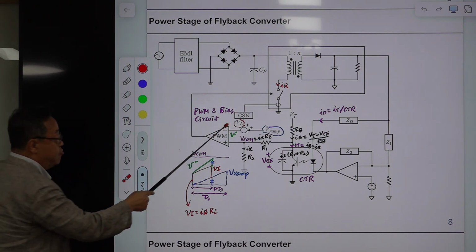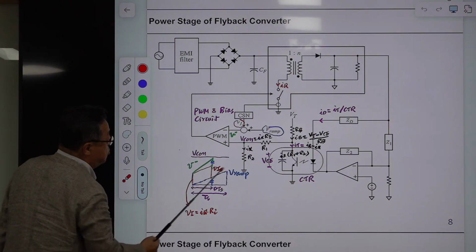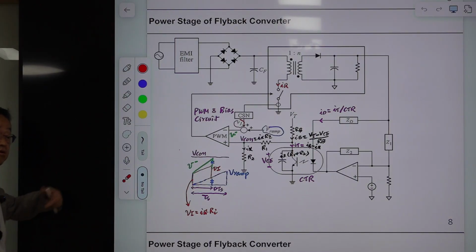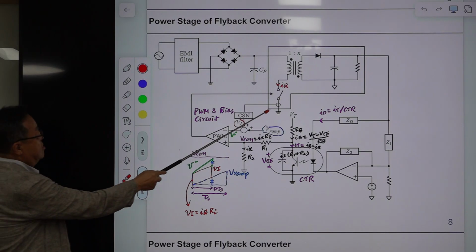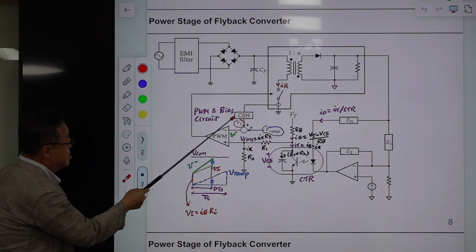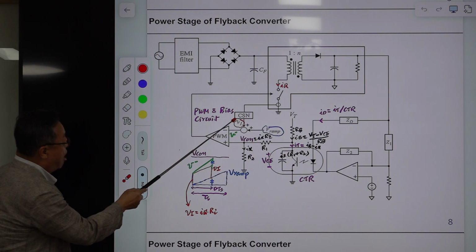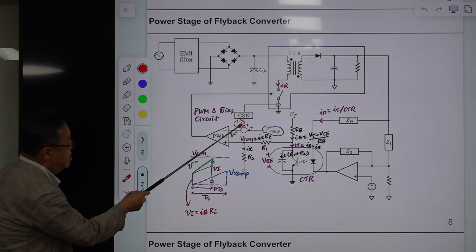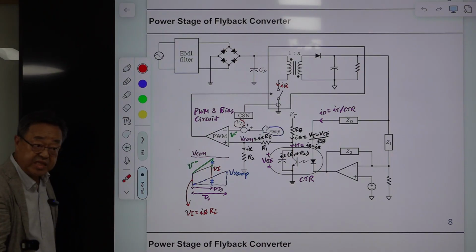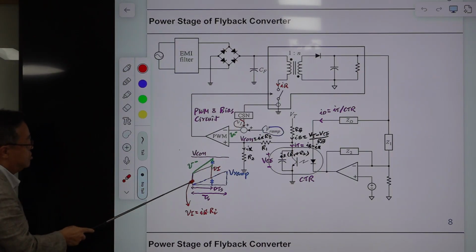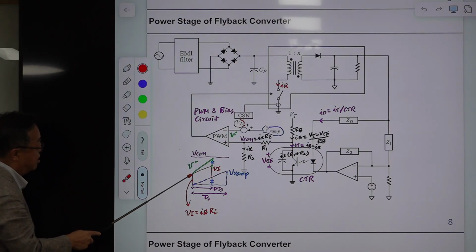Later on I'll explain every detail about this, but I'd like to give you some information in advance because understanding this is very important. The first thing you should analyze is the PWM waveforms. This is a current mode control, so current mode control senses this switch current through this CSN current sensing network, and the output is Vi, and that is mixed with the Vramp signal. That waveform is shown here. This is the Vramp signal, and this red curve is this